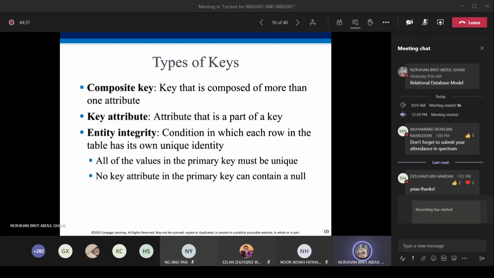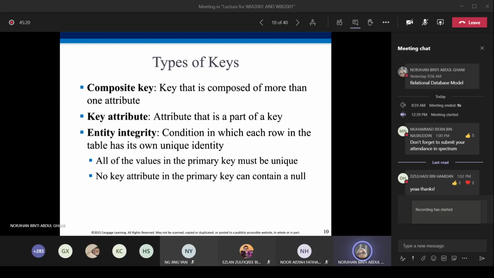Entity integrity is a condition where each row in the table has its own unique identity. This means all the values in the primary key must be unique: a primary key value cannot be the same as another in the same table. And no key attribute in the primary key can contain a null value.